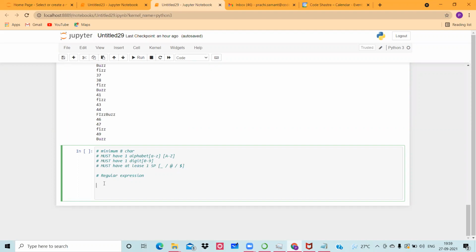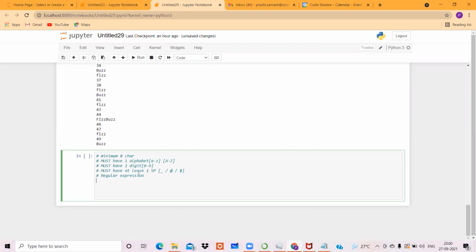Python supports a very good amount of regular expressions, very robust support is given. One day we'll definitely talk about regular expressions, but if you get time tomorrow or whenever you are reading, just try to search about this. It's a very interesting topic to know, and you will get a lot of shortcuts in coding if you are aware of regular expressions. I just hope you got an idea about what a regular expression is, right? Okay.